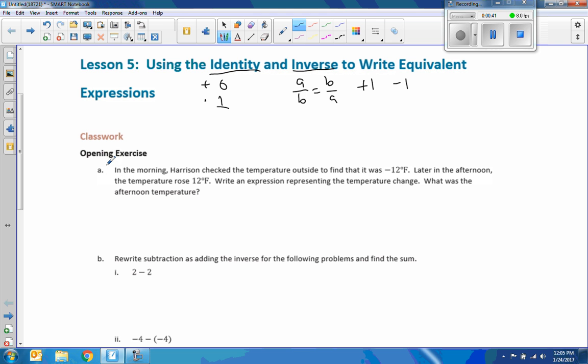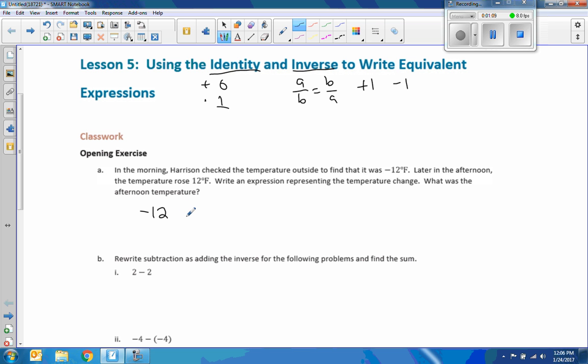In the morning, Harrison checked the temperature outside to find it was minus 12 degrees Fahrenheit. Later in the afternoon, the temperature rose 12 degrees Fahrenheit, positive this time. Write an expression expressing the temperature change. What was the afternoon temperature? So an expression that represented the temperature change was, we started at negative 12 degrees, and it rose